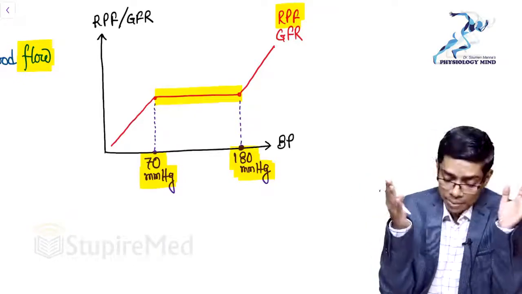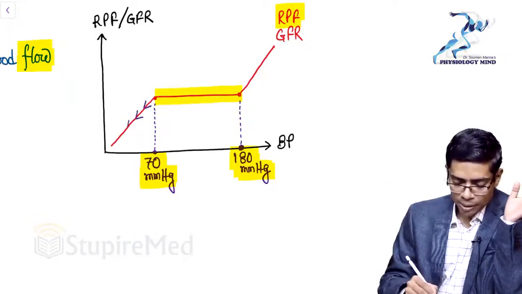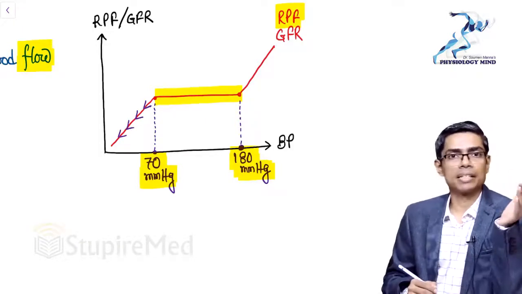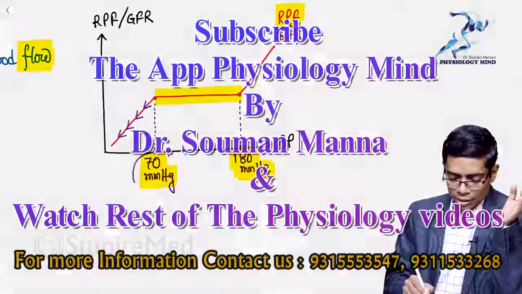But if your blood pressure is going below 70 millimeter of mercury, like for example, the person is suffering from shock, then obviously the renal plasma flow will decrease as well as your GFR will reduce. But within this particular range of 70